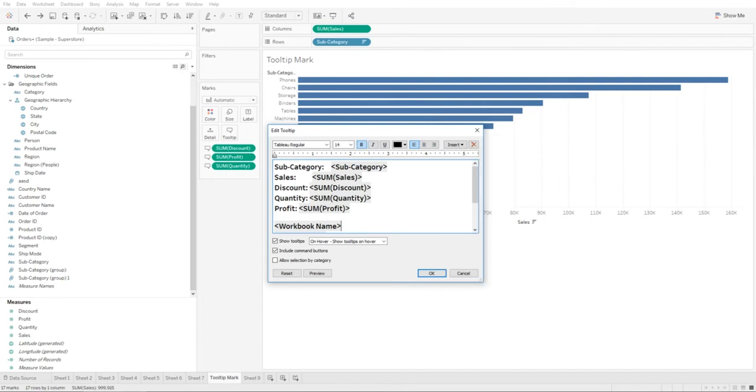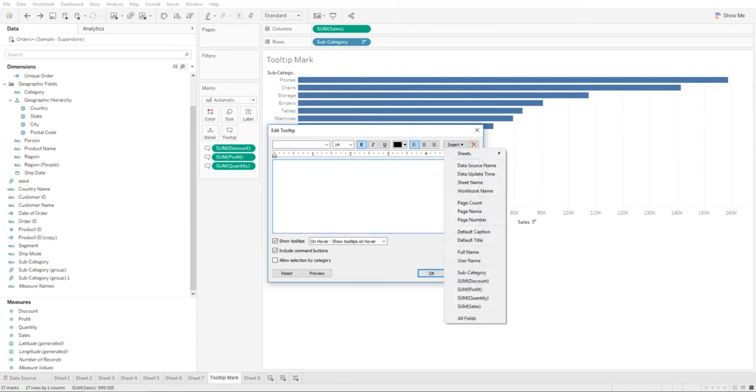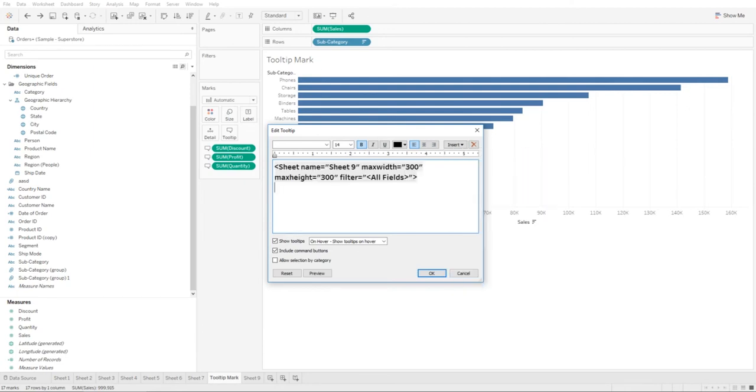Let's remove everything that we currently have in here, and go to insert sheets. The sheet that we had created was sheet 9, so we're going to go to sheets and select sheet 9. From here we can customize it. We can change the width and height of the viz that will appear within this bar chart. Once we click on OK,